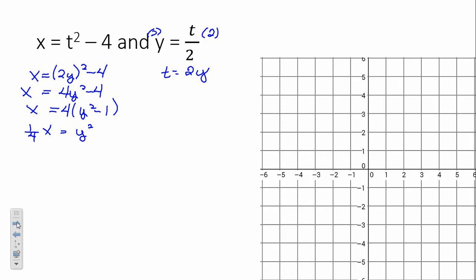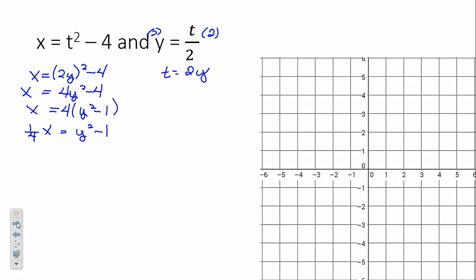Okay. So that looks more like our standard form of a parabola. Now, this is not going to be a very good 4p, right? 4p will be 1/16. There's no way we can graph that focus or the directrix very easily. So we're not going to do that for this one. But we know that it's a parabola opening